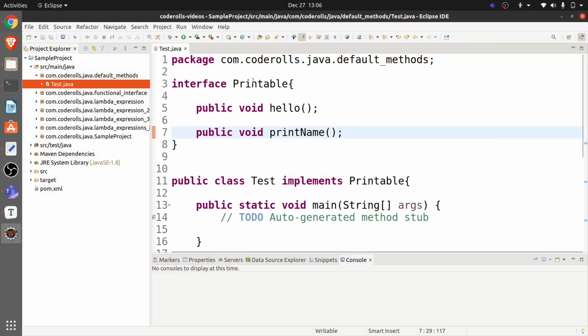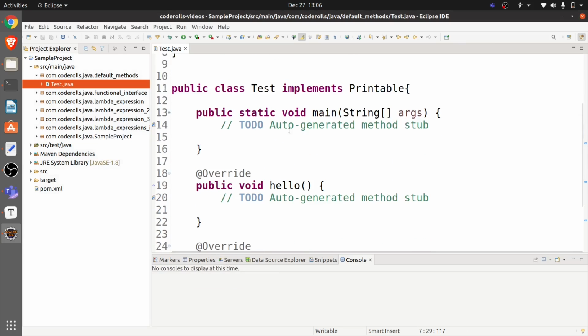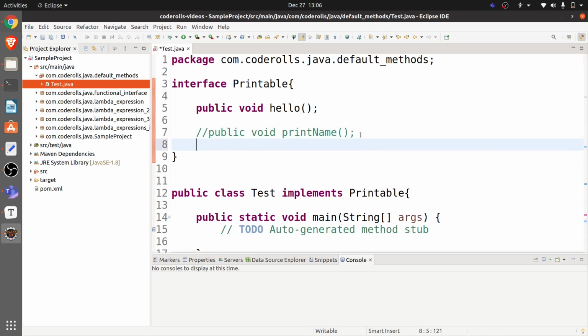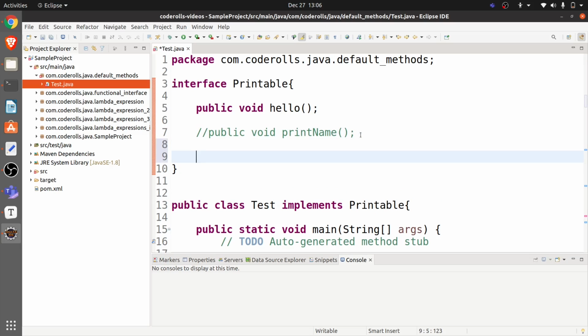So this is our printable interface, and this is my test class. Okay, and the print name is an abstract method here. I want to make it a default. So let's comment it first, and I will show you how can we add default methods to the interface. So we can write default void print name.